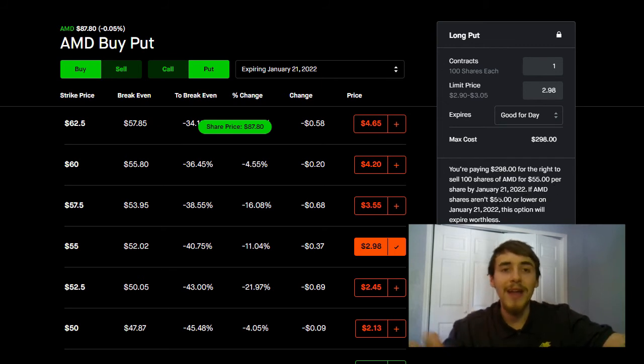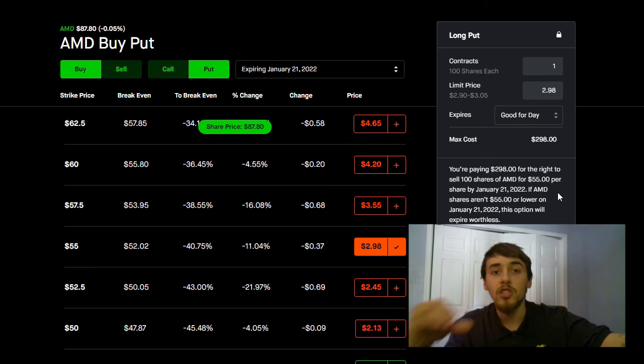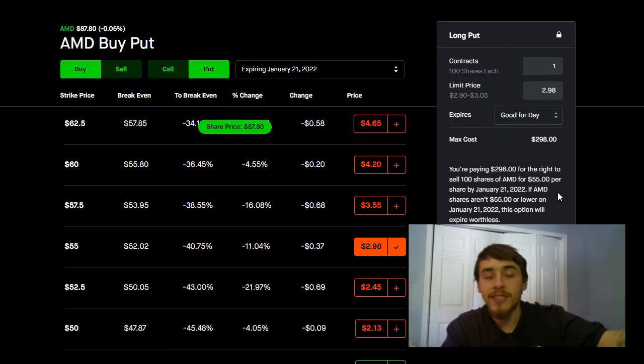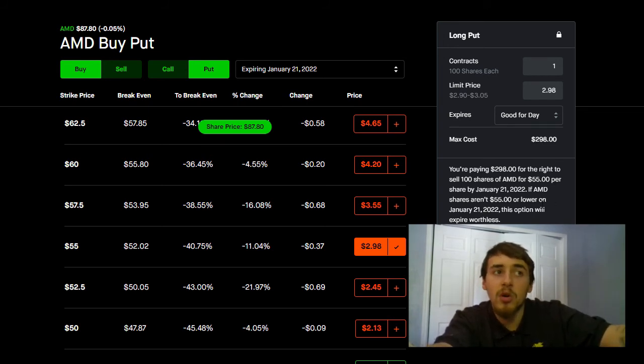So if you have the right to sell these shares at $55, you would want the stock to be well under $55 to make money. Because if you were selling the shares for 55 bucks and they were worth 65, why would anybody buy them? Why would you sell them for 55 bucks? It wouldn't make sense. So if AMD shares aren't $55 or lower on January 21st, 2022, this option will expire